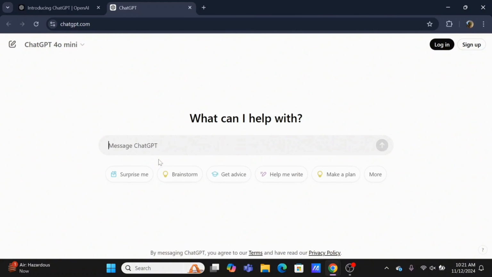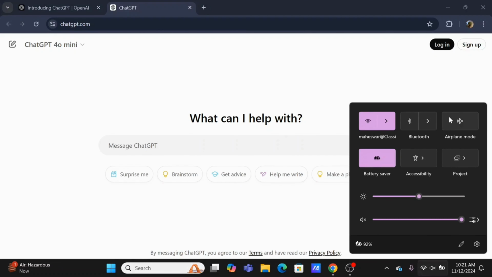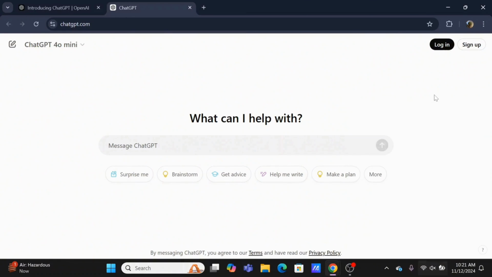Now, if you are using the correct ChatGPT, however, it is still not working, there might be an issue with the internet or a built-in cache in your browser. Now, to debunk it, firstly, check your Wi-Fi connection, and if your Wi-Fi is acting up, switch to a different Wi-Fi, or you can head over and enable the airplane mode for a couple of seconds, then you can turn